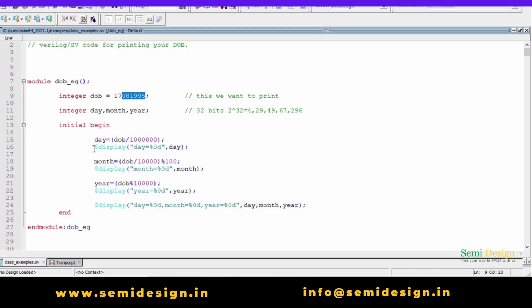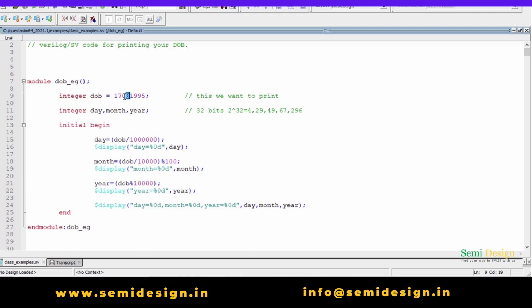And we want to display this day, very simple, in decimal form. Now see the year, we want this. So for the first 4 digits we need to take a modulus of that, and we need to put 1 followed by 4 zeros, and this year we want to print using $display. Very simple. Now the month is there, right?